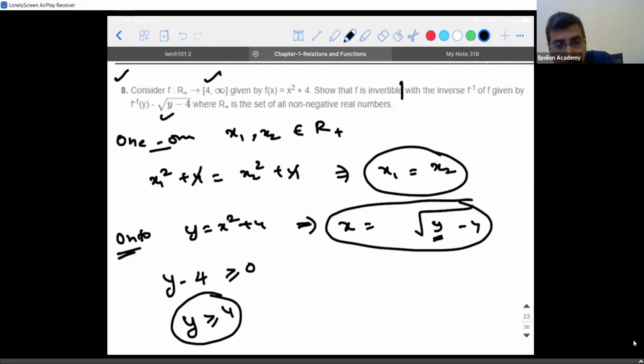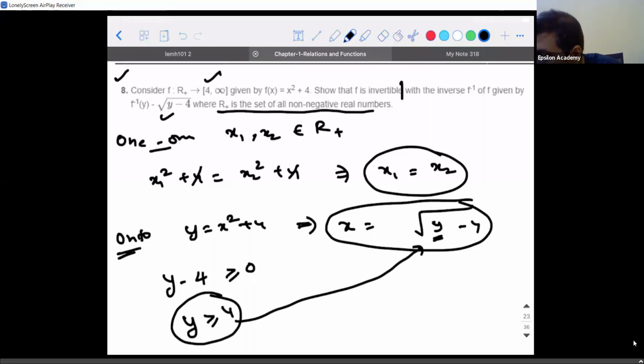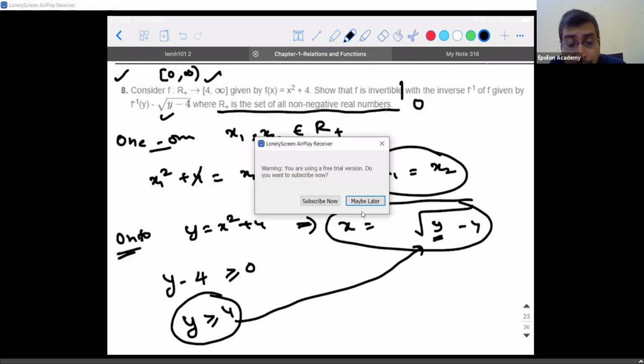But one important point to be noted: when I substitute 4, what do I get? You get root 0. But what did they say R plus is? R plus means what will our mind think? 0 to infinity, with 0 not included. But in this book, what they're trying to say is the set of all non-negative real numbers, which means they're including 0 also. So this is 0 to infinity with 0 as a closed bracket. Sir, it'll be 0 to 4, no, sir, because 2 and 3 will give complex numbers. Why, sir, is the least value of y 4?